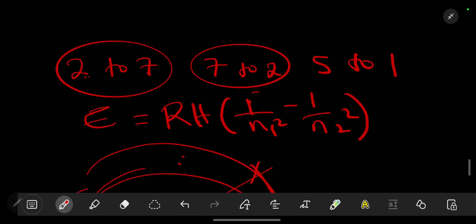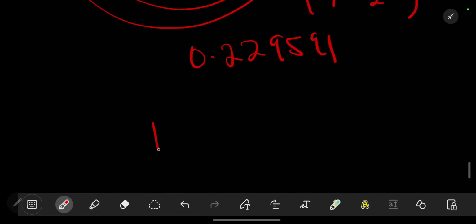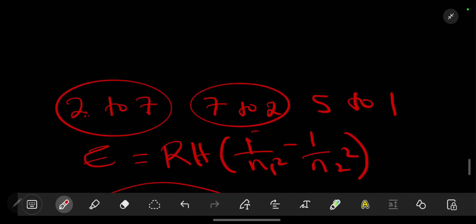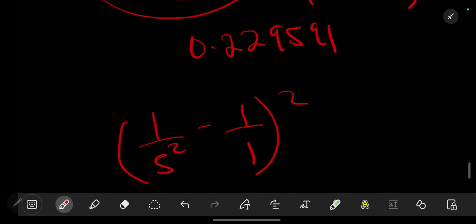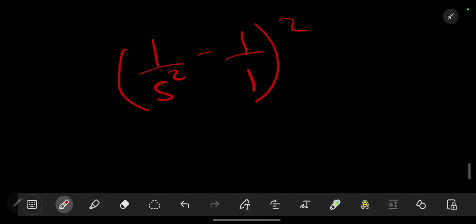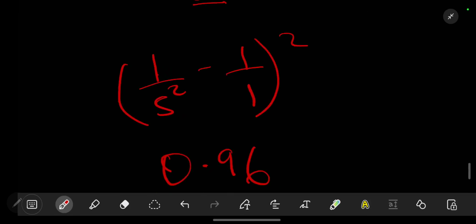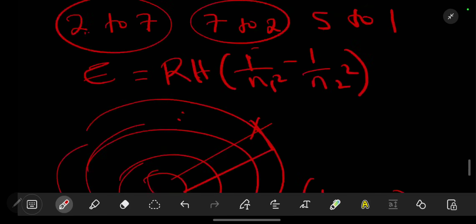How about 5 to 1? We are going to say 1 over 5 squared minus 1 over 1 squared. Remember, we don't care about the sign for this one, we just want to test. So we have 1 divided by 5 squared, which is 25, then we subtract our 1. This is going to give us a negative, but we don't care about the negative sign. So we have 0.96. So this is 0.2, and this is 0.9. So already that tells you that